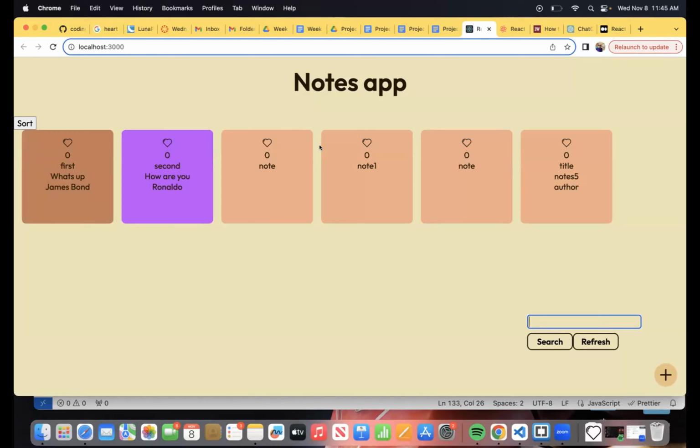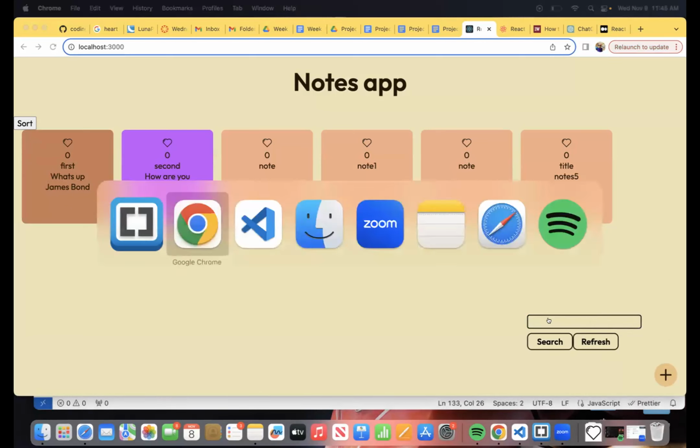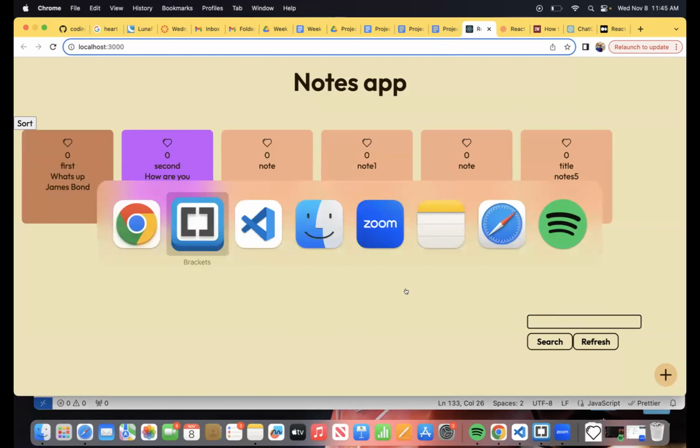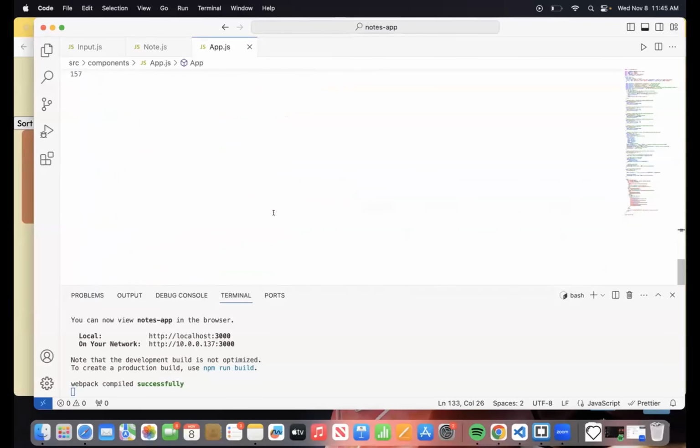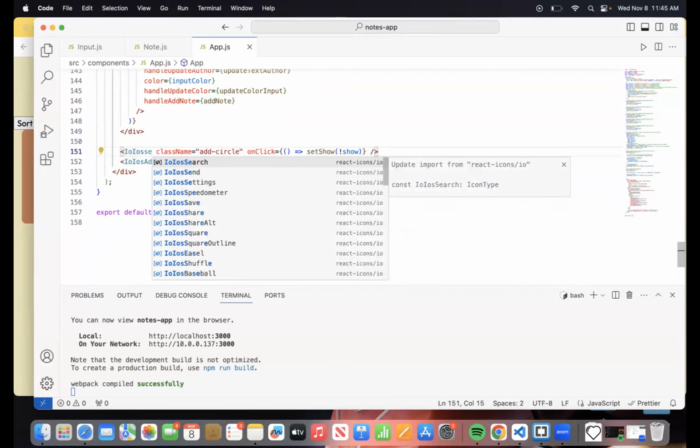Right, so our UI is kind of set, but it's not really. We have to add something else as well. We need to add a button that will call or show that particular form. So just like this, I'm going to Command C, and instead of add, let me change this to search.